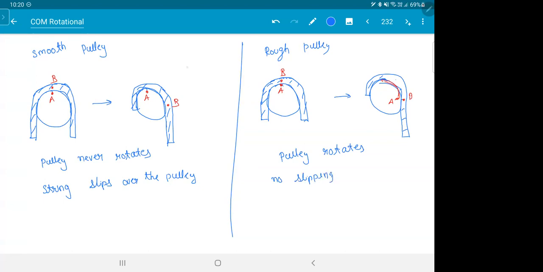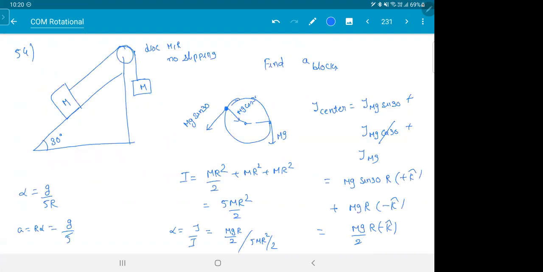So we have been dealing with smooth pulley till now. In rotation, it is the first time you are encountering a rough pulley. That's what makes the difference. So what is the hint in this question now? Did you observe something here? This is the hint. Till now, did I ever give you the mass of the pulley? Think about it. In all the loss of motion problems, did I ever give you the mass of the pulley? We never cared, right? That's the first clue.